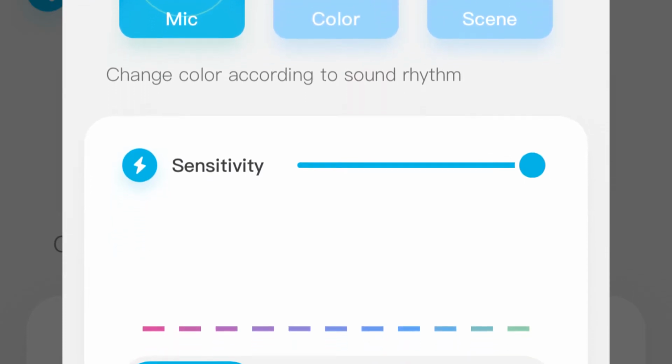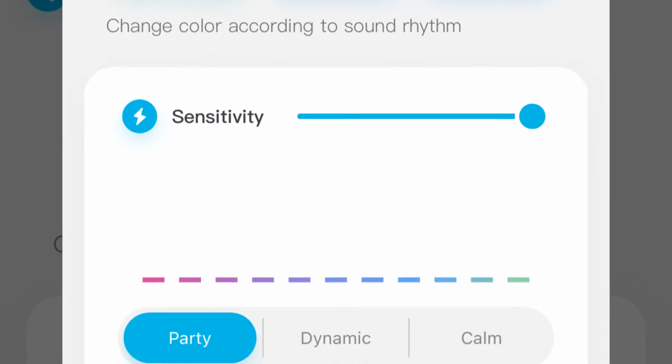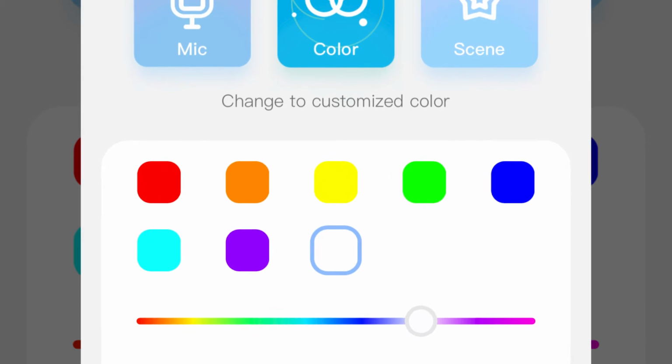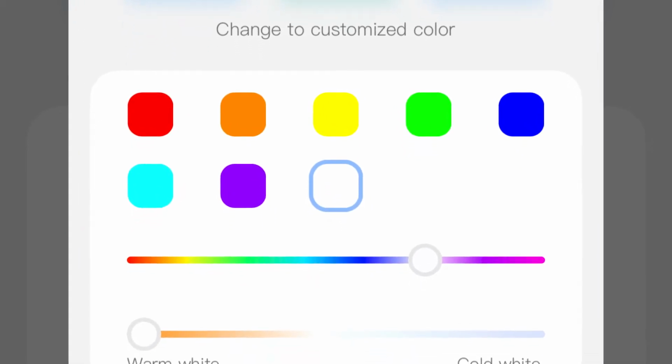So you can literally just talk into it and it will change colors. I think it's really, really awesome, right? You can also change the color. As you can see, you can change it to red, orange, yellow, green, blue, cyan, or